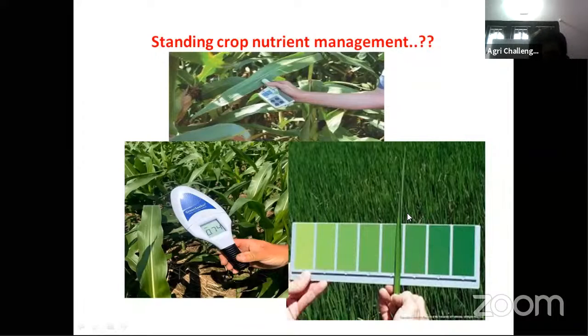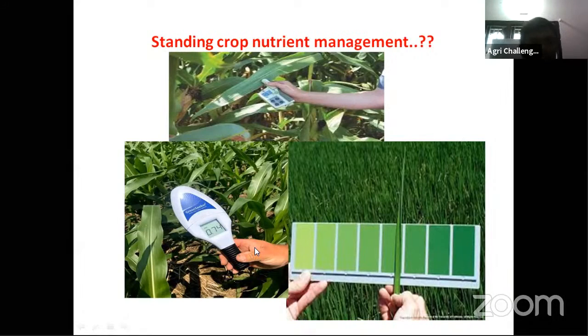What is that? Real-time management of fertilizer or nutrient. We can do it with the help of these things. Not only this, there are many sophisticated instruments available now. With their help, we can manage nitrogen in real time, meaning as per the requirement of plants. Not like applying at the knee-height stage, where after a week or 10 days some is lost, some goes to denitrification, some to leaching. It is useful for real-time management.